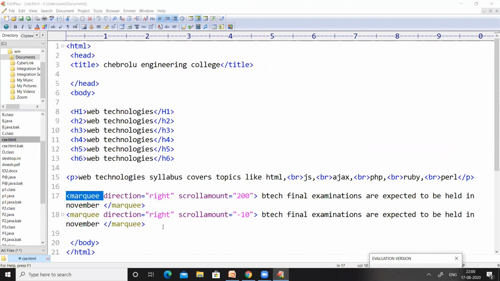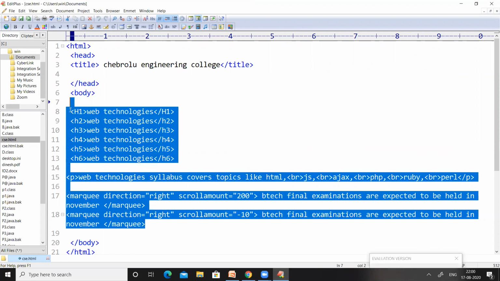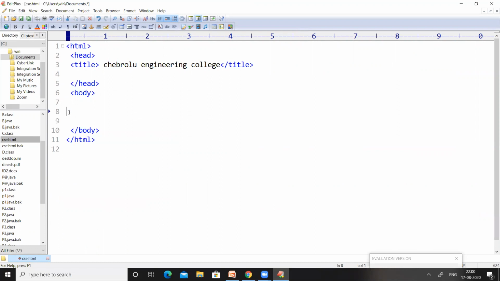So now in today's class, let us remove all these things. Let us come to the basic structure of our HTML. That is, it contains an HTML tag followed by a head tag. And if we want to include the title of our web page, then we use this title tag, and the title of the web page will be given here. And then after giving the title, we have to close the title tag, and then the head tag should be closed. And the actual information which we need to display should be mentioned in between the start tag of the body tag and the end tag of the body tag. And finally, we close our HTML program by using an end tag of HTML.